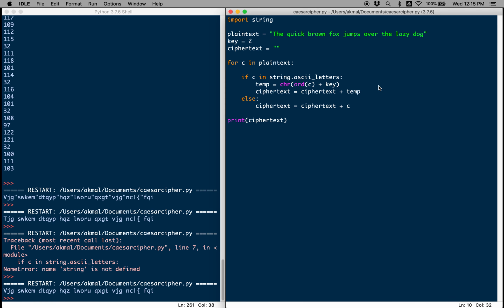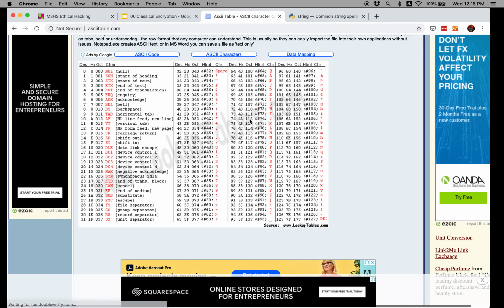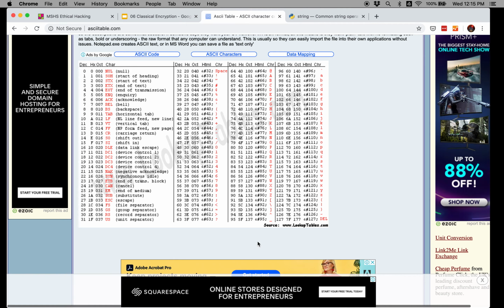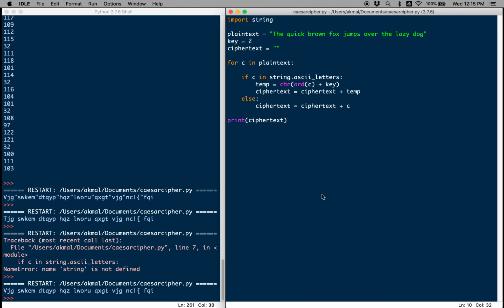So that means we need to fix our code, and there's a slight complication here because there are two sets of alphabets. There's your uppercase alphabet and there's your lowercase alphabet. And so just to make things not so complicated, I'm just going to work purely in the lowercase characters first, right? And then making it work on both upper and lower, that's going to be a bigger, more complicated exercise, right? So